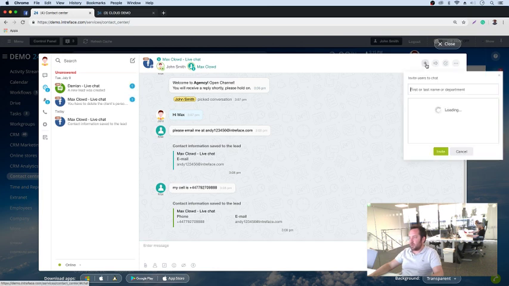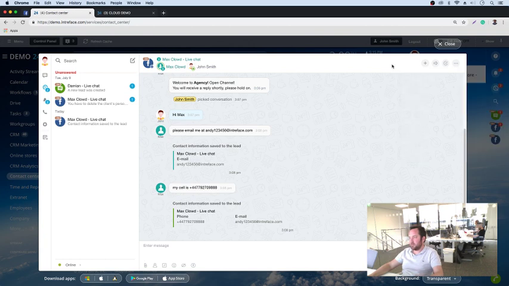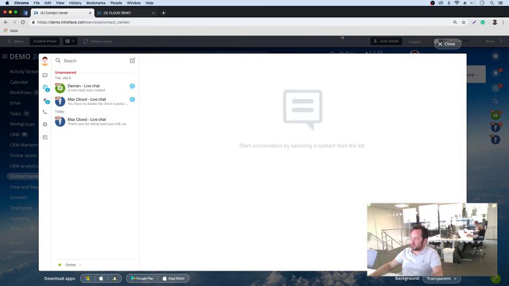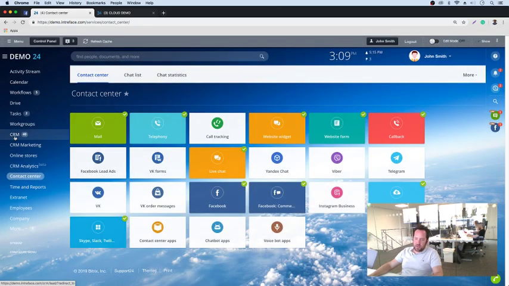We can also add other people into the chat, so we can bring other agents in to maybe talk with these guys on Facebook. So this is a really useful tool. You never have to leave Bitrix for it. And then once we've finished, we can just finish the conversation, and it drops out of your open channels widget here. So then if we just jump into the CRM and look what that created,